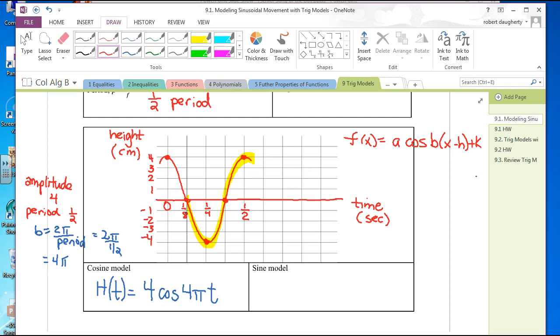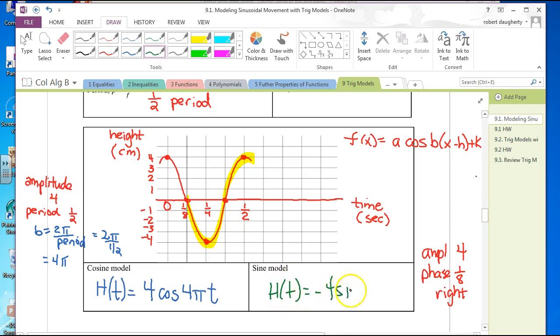So if you look at the sine model, it has an amplitude of 4. The phase shift is what? 1/8 to the right. And it has the same period. The period did not change. Okay. So if you've got the period here, this is going to have the same period. So someone tell me what the sine model would be for this. H of t is what? Yeah, -4 sine